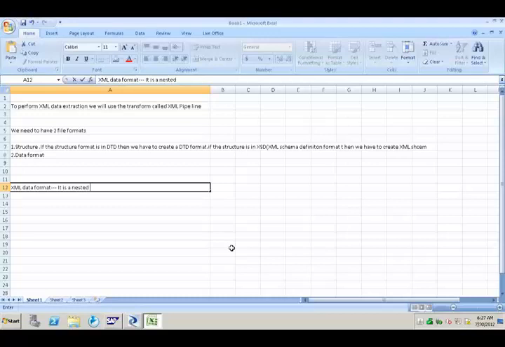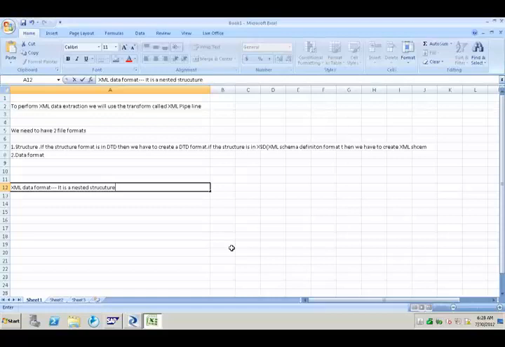Unlike that, XML data format is a nested structure. Nested structure means there will be a root, there will be sub-elements, within that sub-element there will be some objects, and within that object there will be another sub-node. So nested structure means there will be so many parents and so many children.